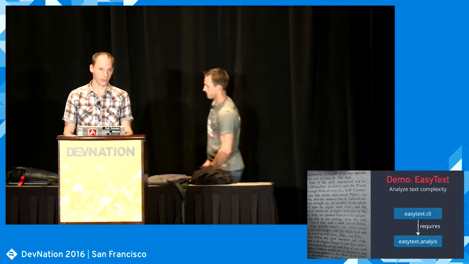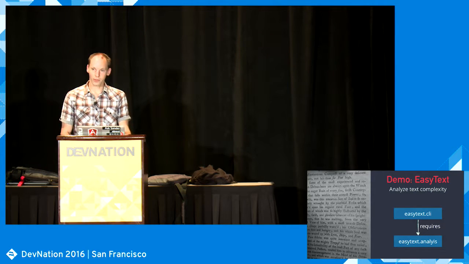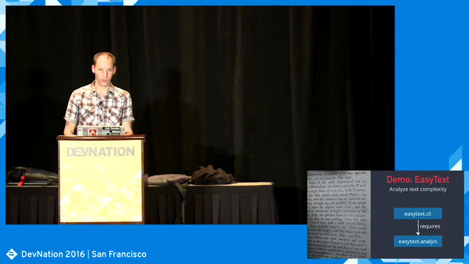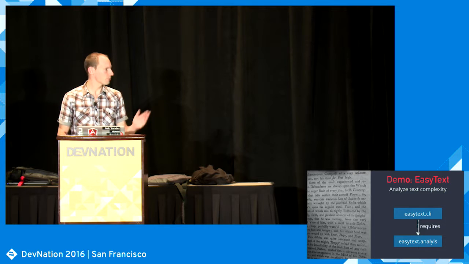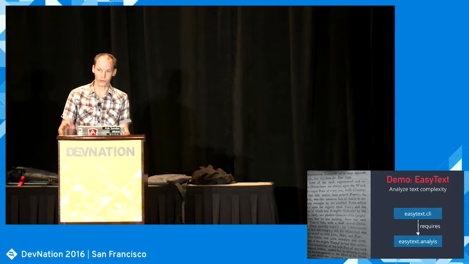First of all, I'm going to give a little bit of context of the examples that we'll see. So we have a small application called Easy Text, and the idea is that you can read in a file containing text, and that you can run some kind of algorithm over the text that determines its complexity and then gives that as an output. So it's fairly easy. And we'll start out with a simple implementation using 2 modules, just to see how the basic mechanisms of modules work before we move on to a much more advanced example.